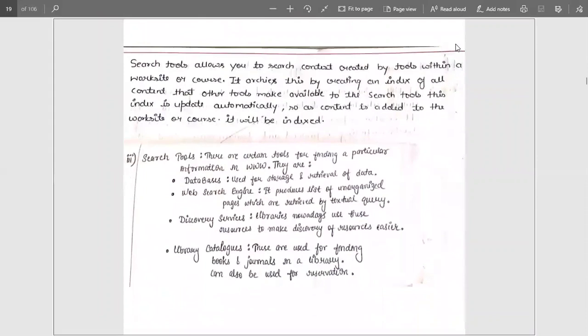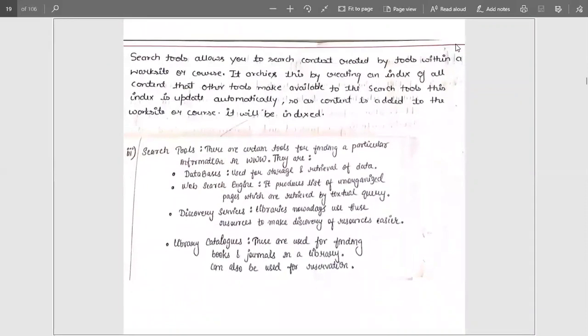A search tool allows you to search the content created by tools within a work site or a course. This is done by creating an index of all the content that other tools make available to the search tool. This index is updated automatically when content is added to the work site or a course. It will be indexed.